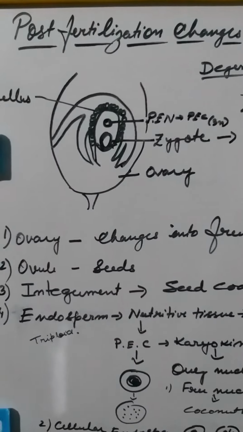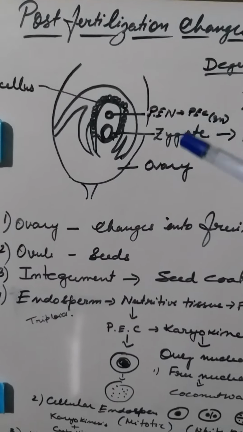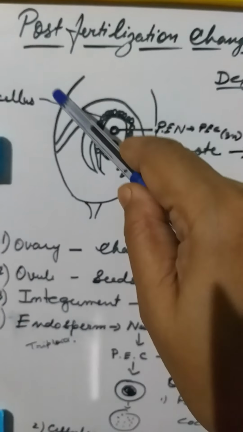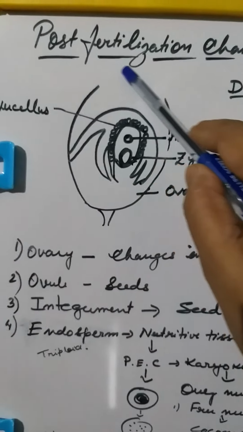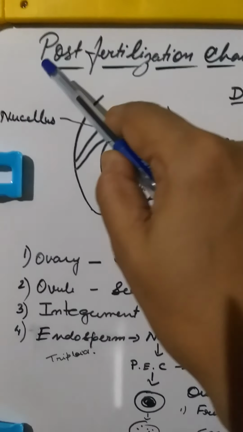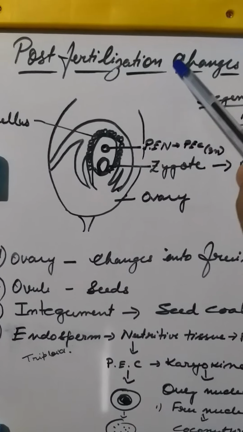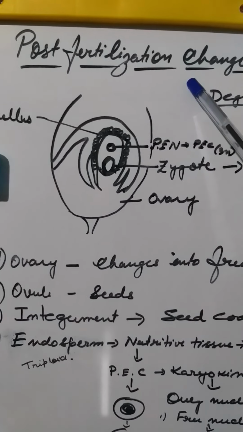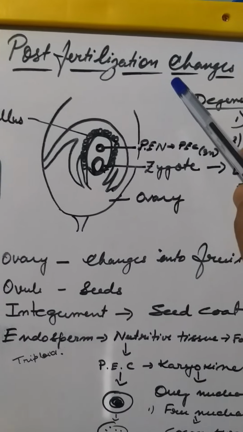Here, as you can see, with reference to our previous chapter, we are just doing the continuity part. Up till our previous classes, we were dealing with fertilization. Now we would be dealing with post-fertilization changes. Post-fertilization changes have been divided into two parts. The first is the development of the embryo, that is embryogenesis, and the second part is the development of the